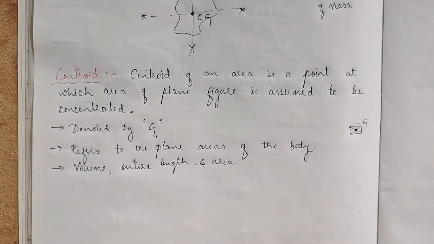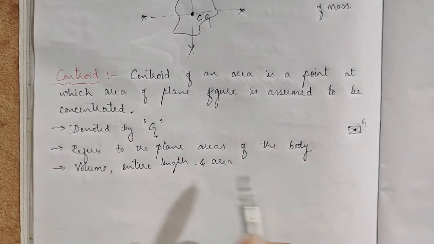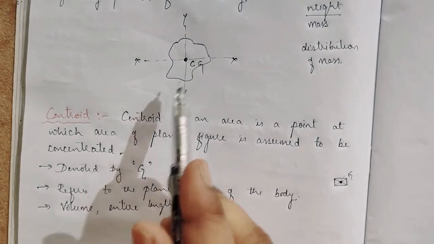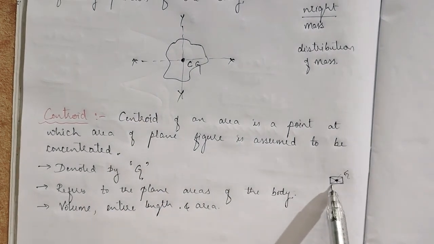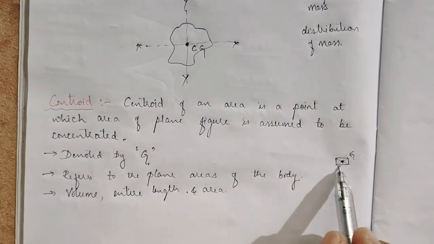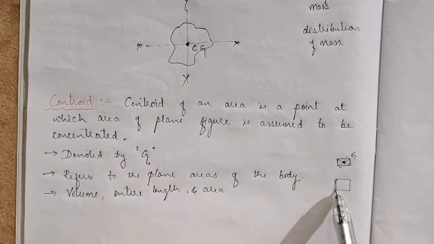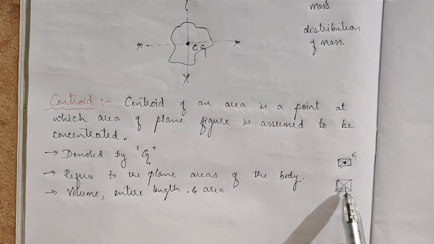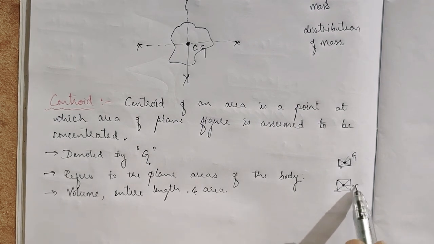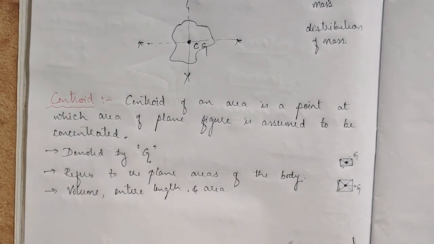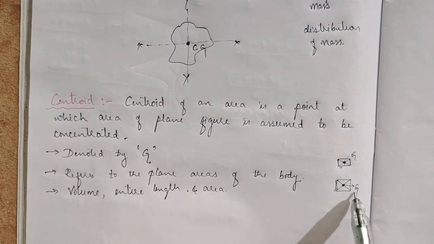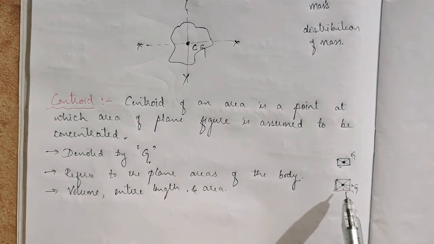Okay, so it is denoted as G. And so if we take a body, it is the centroid. If we take a plane figure, for example a rectangle, I can also take a square. If I draw the diagonals in the square, I'll get a point G where the centroid is located. So this point is called the centroid of this square.